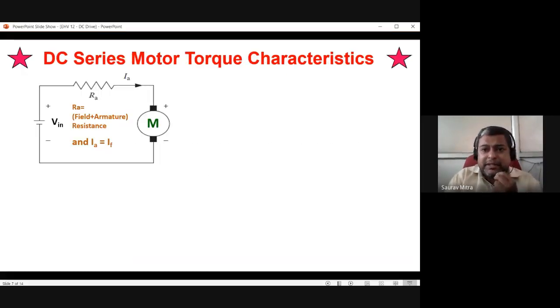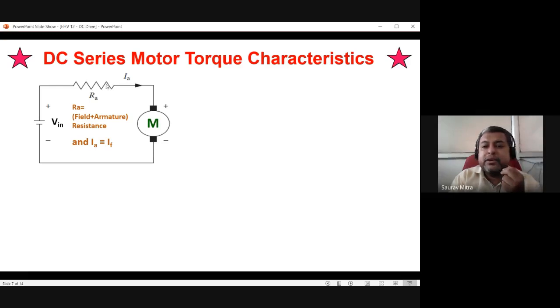This is a very important thing, how the torque armature current characteristic of a DC series motor is explained. This is the main important thing. So see the circuit, this is V in, this is RA. Now RA is actually the field plus armature resistance. So this RA has two parts, one is field resistance, one is armature resistance. Together I am showing it as RA. And this is IA. IA is nothing but the armature current, same as field current IF,